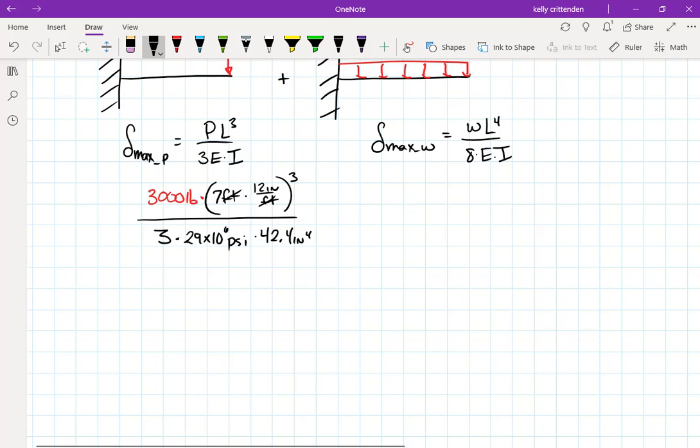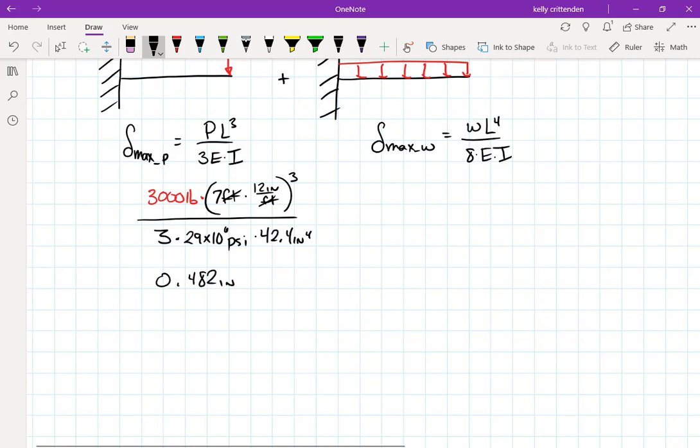Let's see. 42.4 times 29 million times 3, and then 3,000 times 7 times 12 to the third power divided by that answer we just got. All right, so if I did it right,